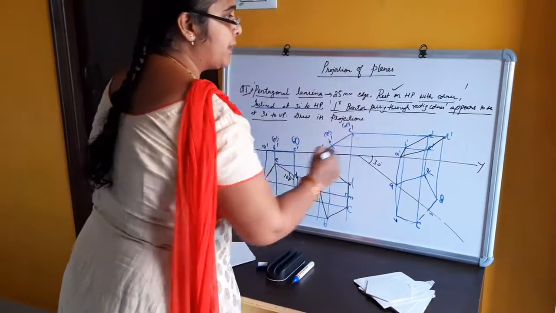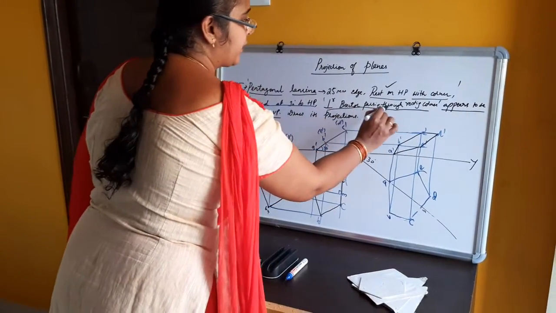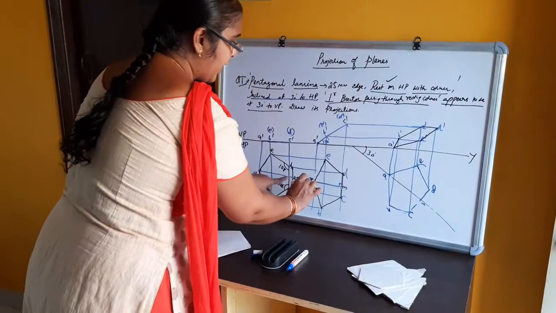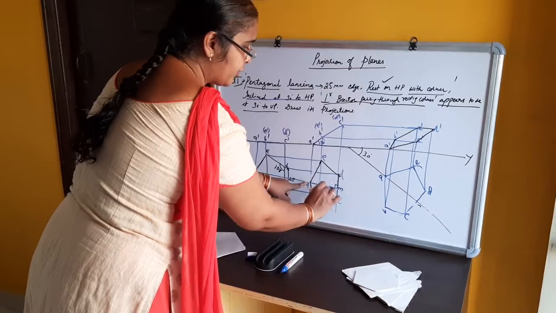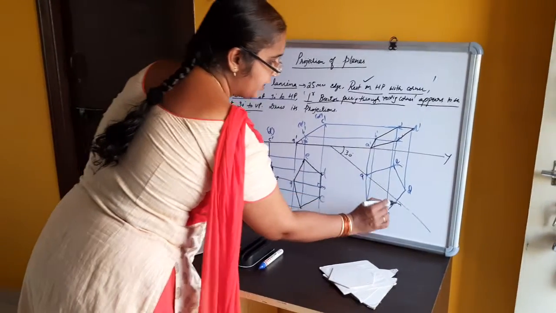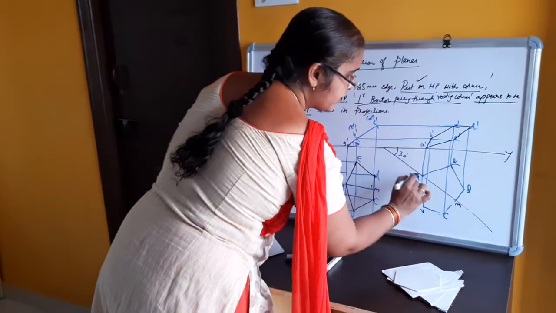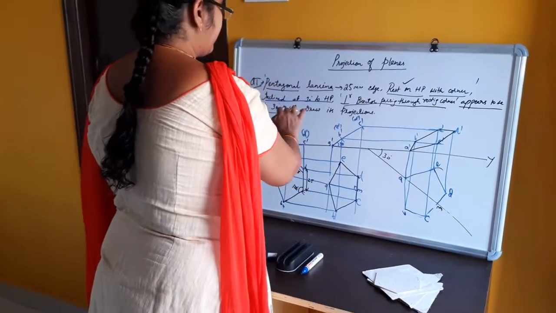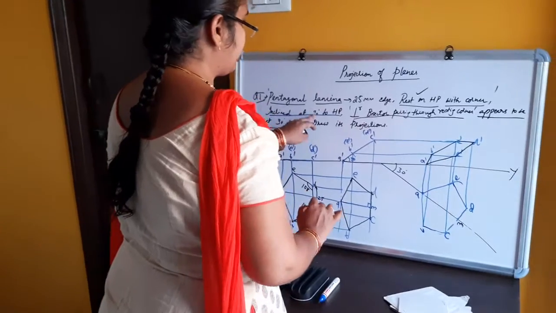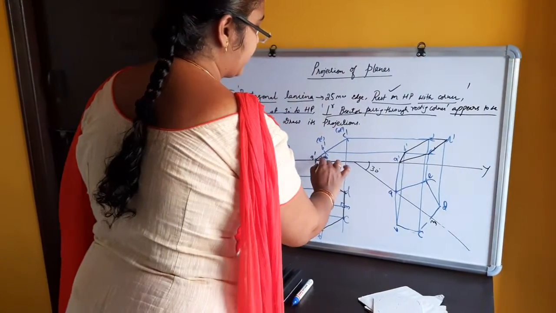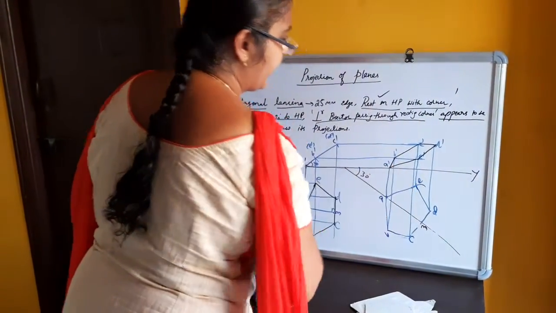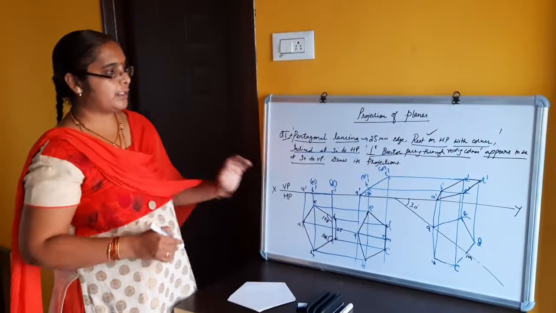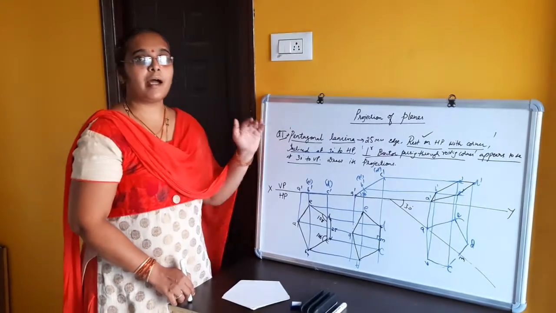Which element is inclined? The perpendicular bisector passing through the resting corner. A is the resting corner. Through A, the passing line is AM. The perpendicular bisector is AM, which is inclined at 30 degrees, and the lamina itself is inclined at 30 degrees to HP. So here it is inclined at 30 degrees to HP. So this is how you can solve a problem whenever they give the apparent angle.